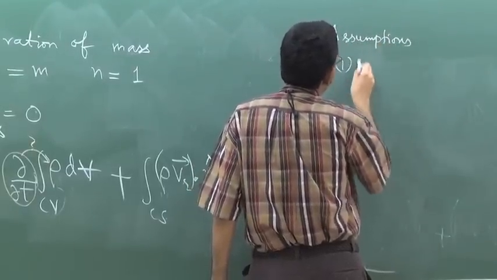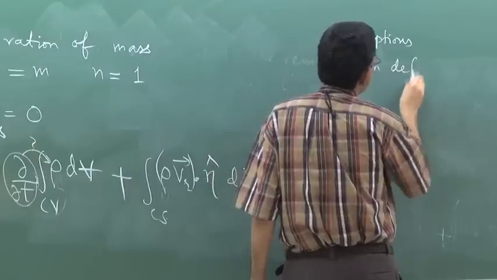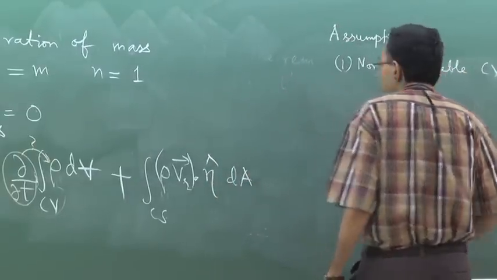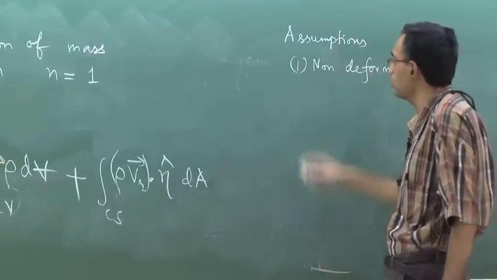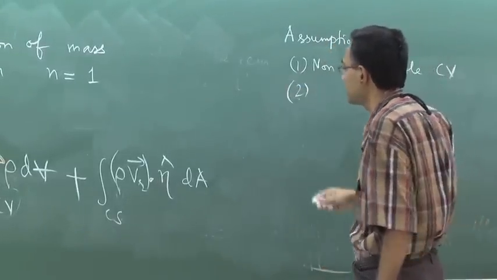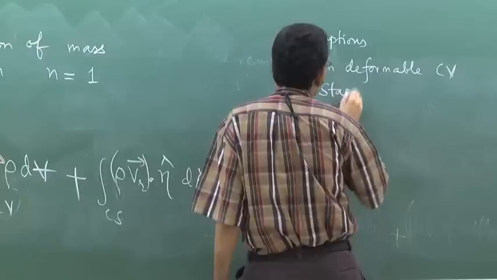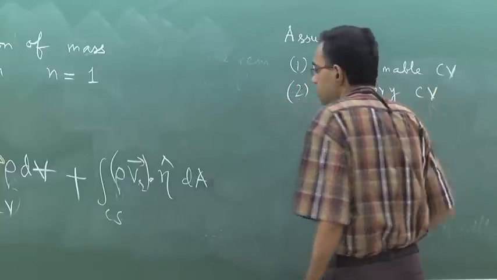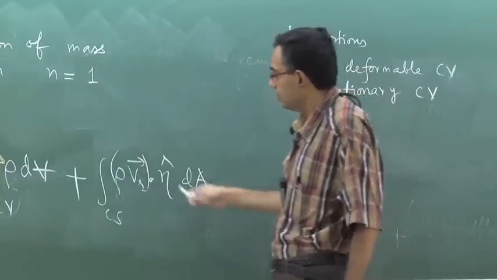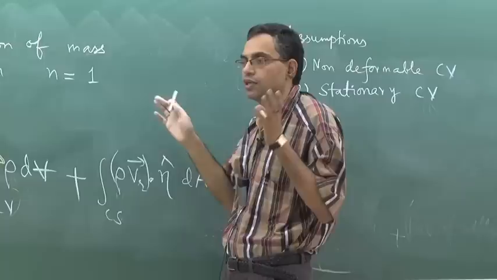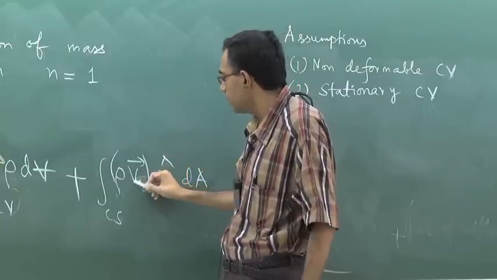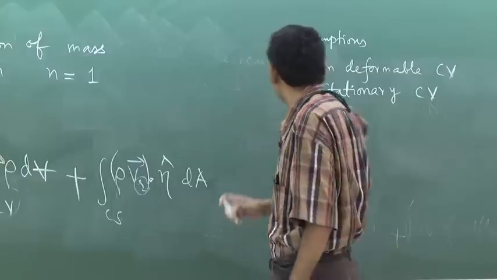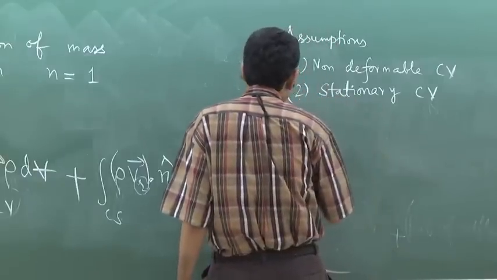One is non-deformable control volume, that means V, the volume of the control volume, is not a function of time. Second is stationary control volume. Stationary control volume means that the control volume is fixed. If the control volume is fixed, then relative velocity and absolute velocity are the same. Okay. So, under those conditions you can write